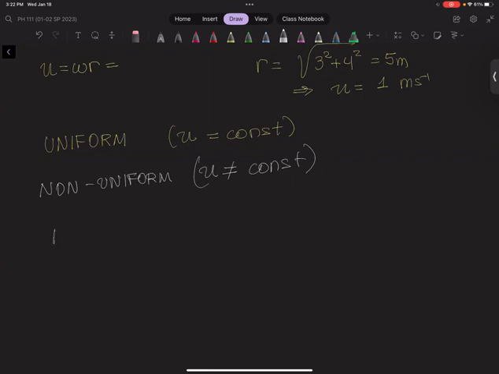No matter what type of circular motion we are dealing with,